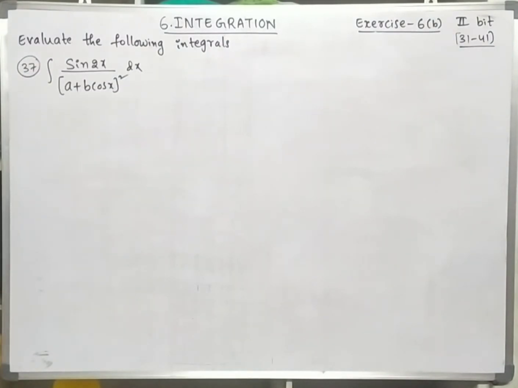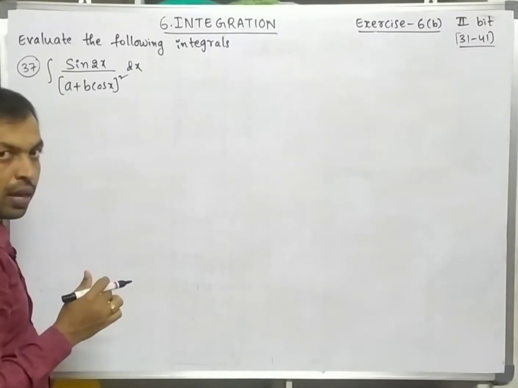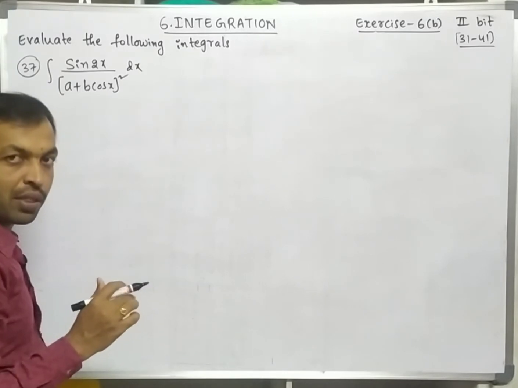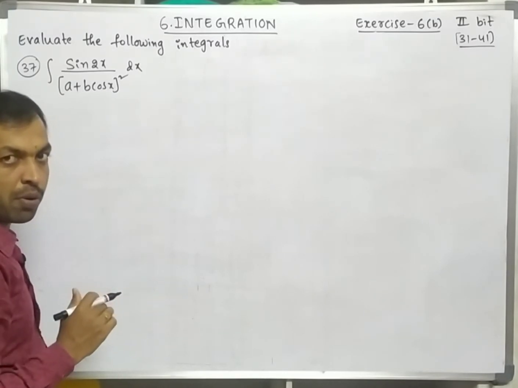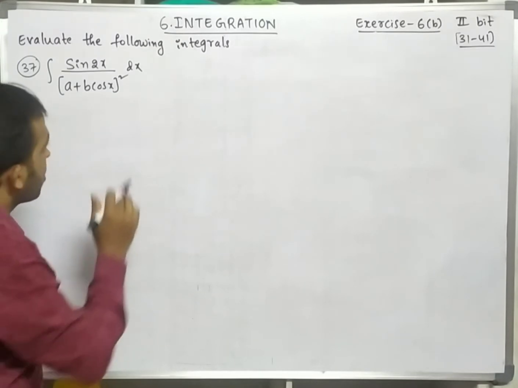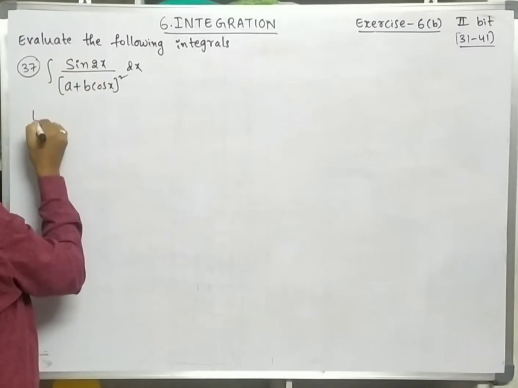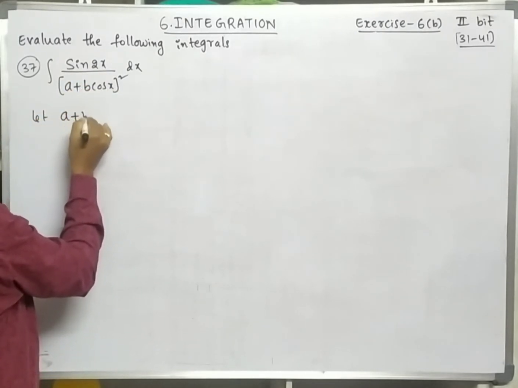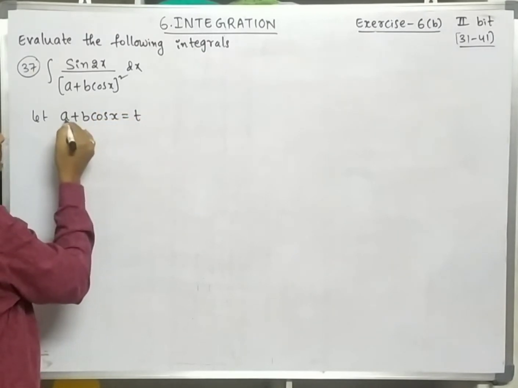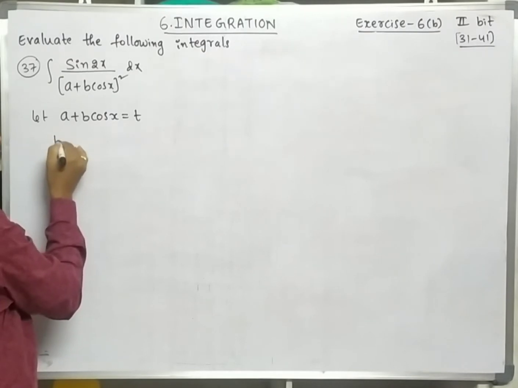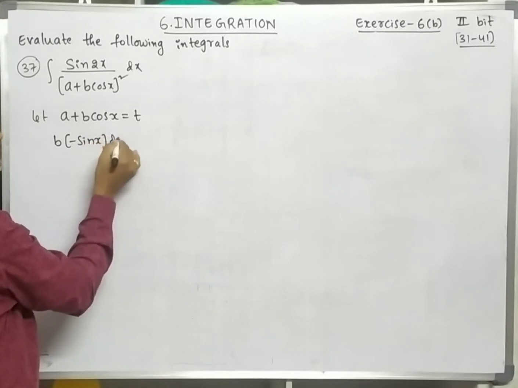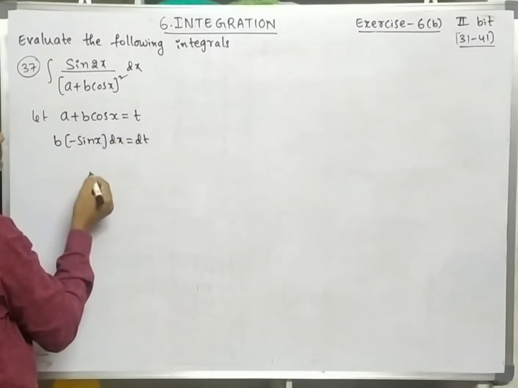Next problem: integration of sin 2x by (a plus b cos x) whole square dx. Students, this looks like a substitution method problem. So what is t here? The denominator term is t. Let a plus b cos x is equal to t. From this, the derivative of a is 0 and b into the derivative of cos x, minus sin x into dx, is equal to dt. So here